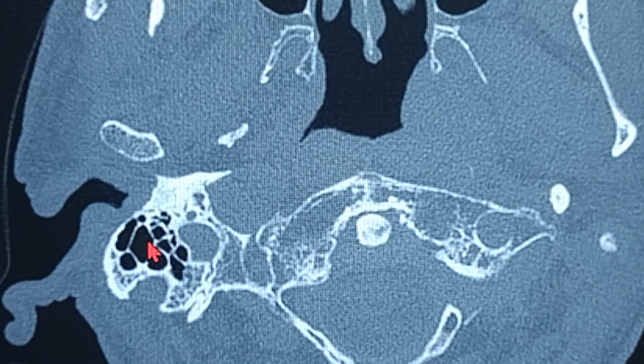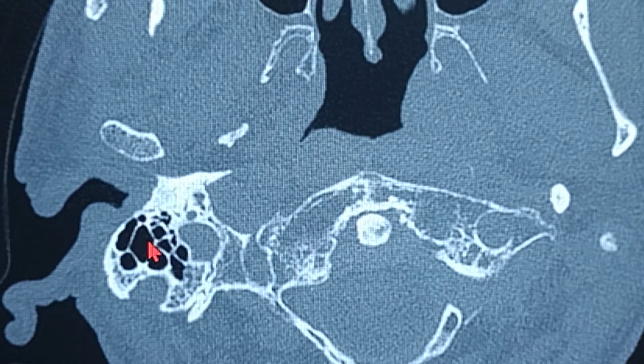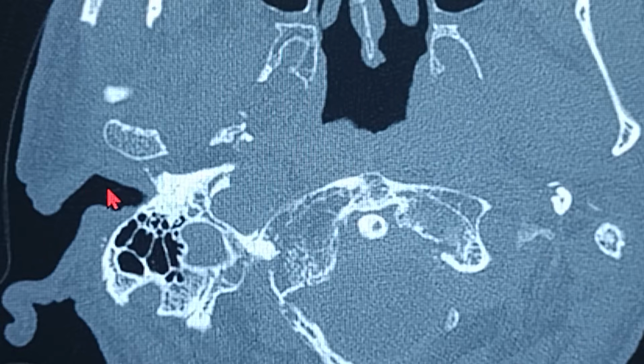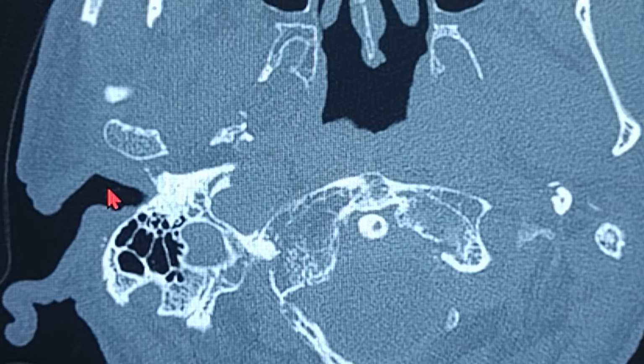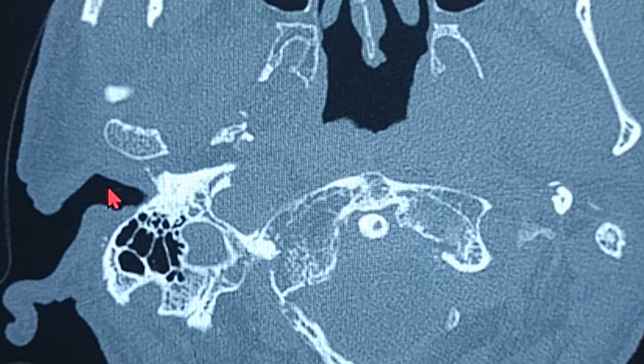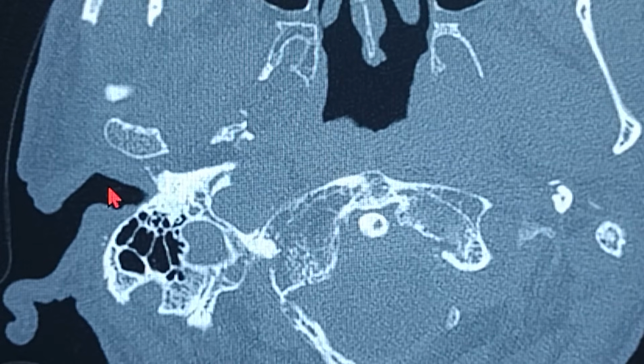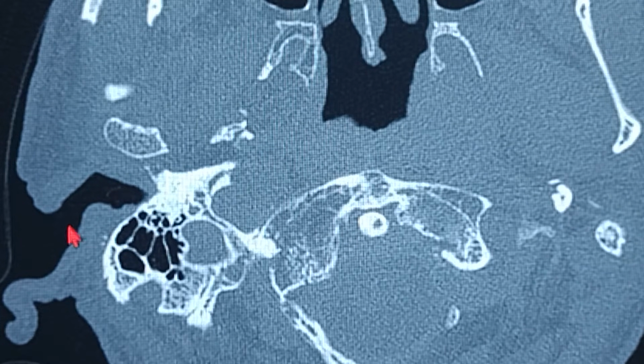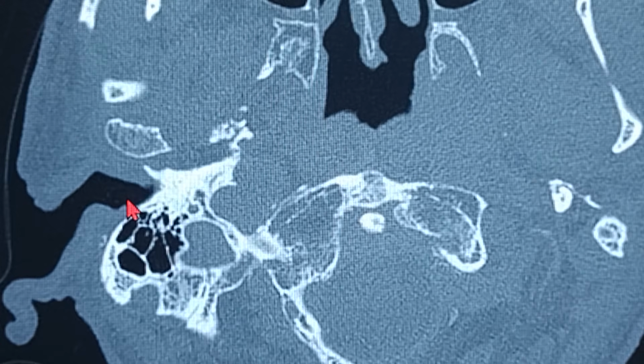So three structures, you remember, follow these three structures going above, and then slowly you're going to start having the external auditory canal into picture. The first three structures are the mastoid tip, the styloid process, and the ramus and the head of the mandible forming the temporomandibular joint. These three structures, if you keep going above, you're going to see the mastoid air cells, and slowly concentrate. The next fourth structure which you're going to concentrate on is the EAC. So as we keep on going above,